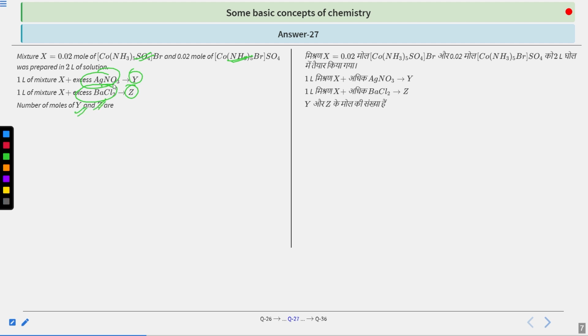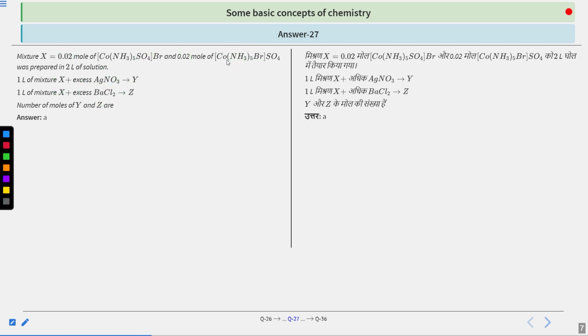Now the ideal case has been considered here. What is the meaning of this? Suppose you are mixing this amount in the solution, as given here. When you separate it, half of each of the species will go into each liter. This means that if there is 0.02 mole of Co(NH3)5SO4Br, then 0.01 will be in the first mixture and 0.01 mole of this same complex will be in the second mixture. The same goes for the other compound. Now the correct answer is A.